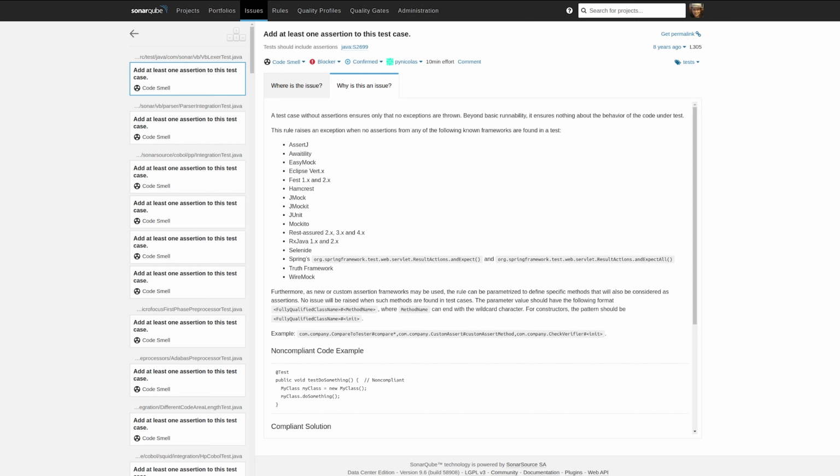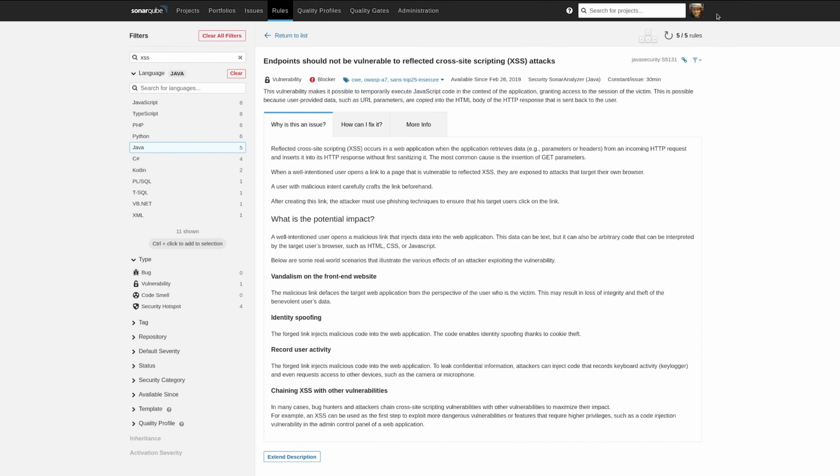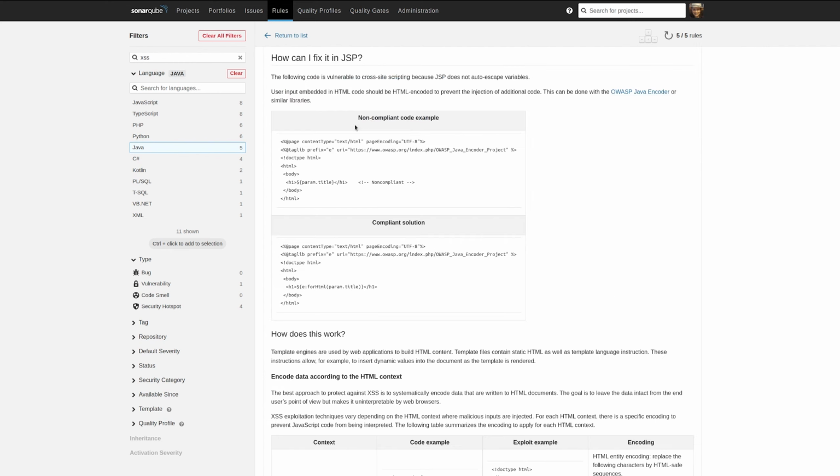Speaking of rule descriptions, for Taint analysis rules, we've done significant work this time to expand those rule descriptions to help you better understand from them and learn from them what's going on security-wise with your project, to give you the larger understanding so that you can fix not just the issue at hand, but maybe prevent introducing other issues in the future. So we've got the why is this an issue section that you're used to seeing. This is the basic description data. We've added to that some